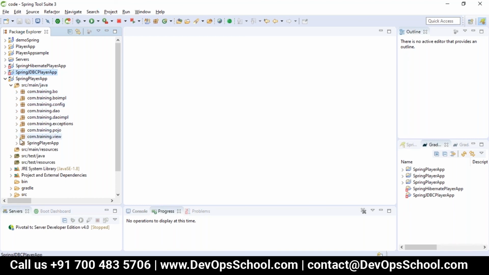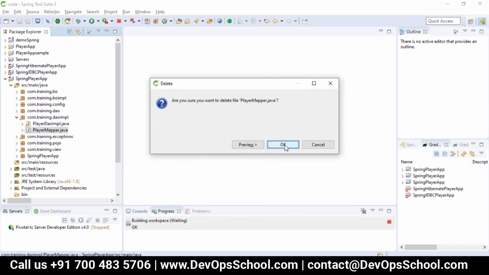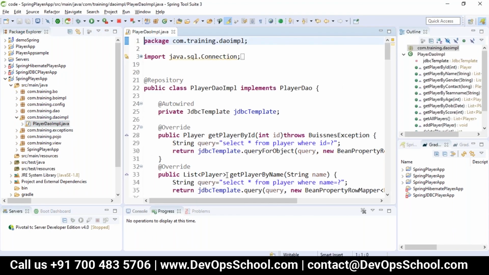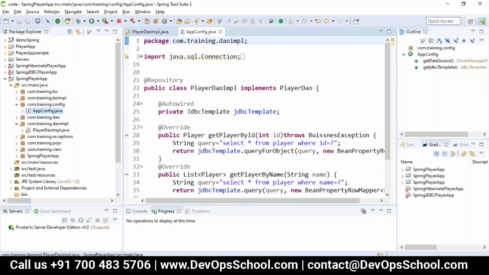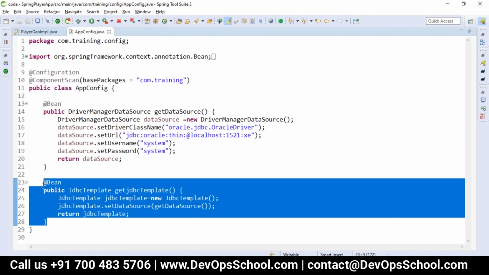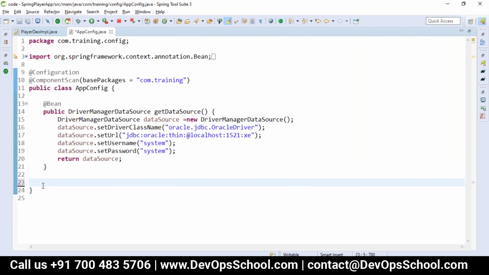First, in the DAO implementation, we don't require the JdbcTemplate because we want to go with the ORM tool now. So what are the changes? First, in the configuration, after the DriverManagerDataSource, we require the LocalSessionFactoryBean, because that is the session factory which we will configure. Let me write it here now.